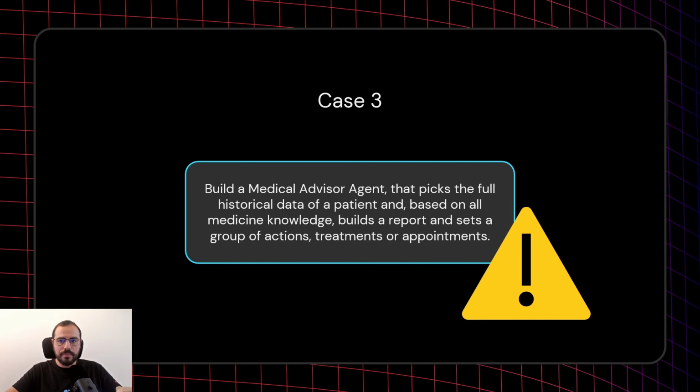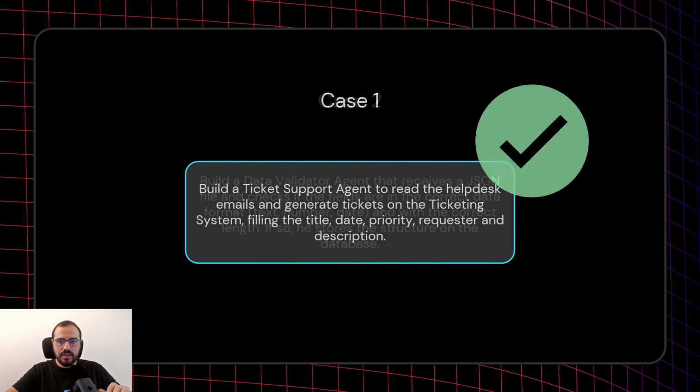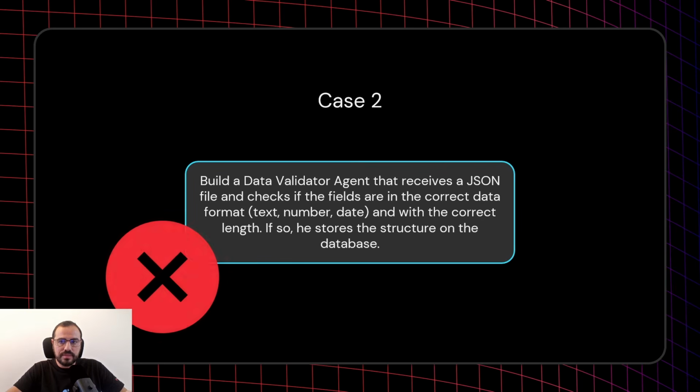Just imagine, for example, this scenario. In the first case, if you wanted to train a human to be able to do this, most likely in 1 week you would already have a human doing a good job, picking an email and then filling a ticket, right? So we are talking about 1 week of onboarding, right? And the reason for that is that the task is quite simple, or the amount of information is not big. In this third case,